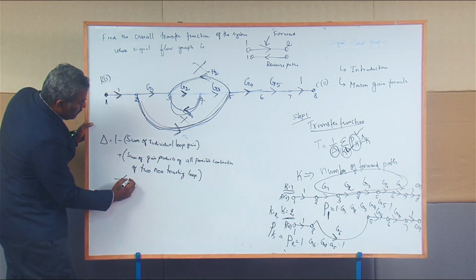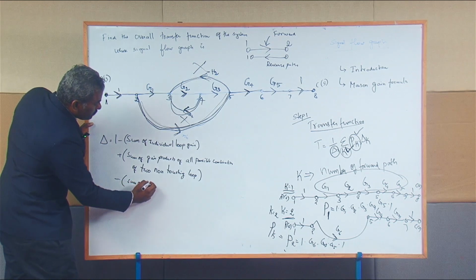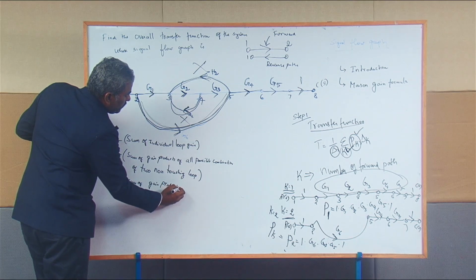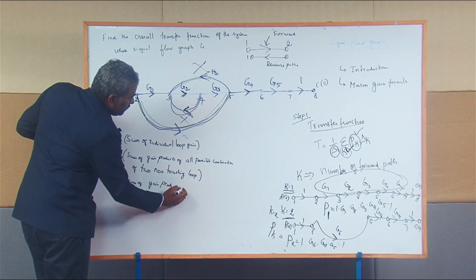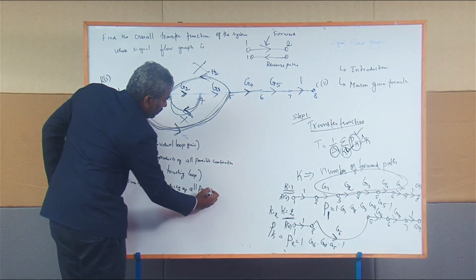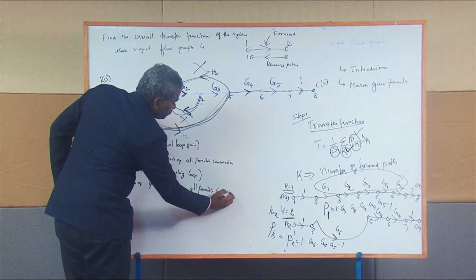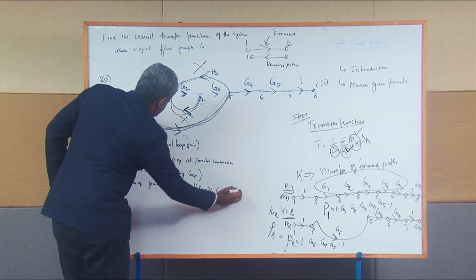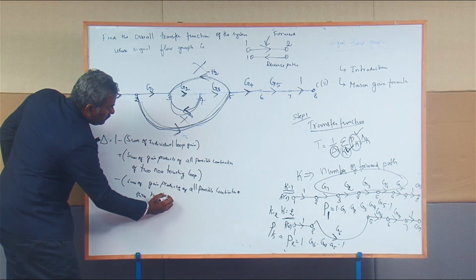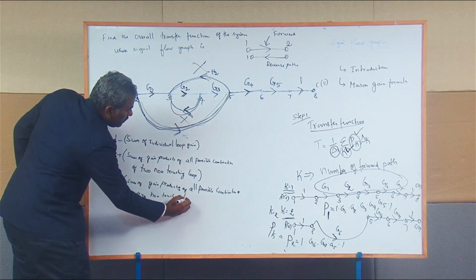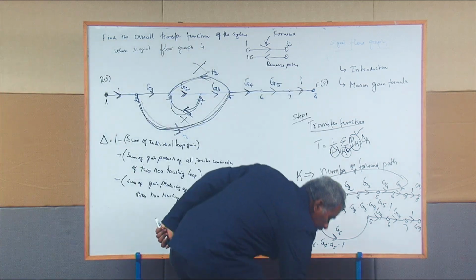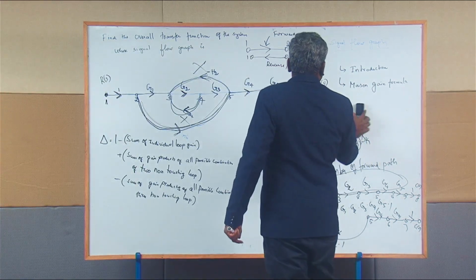Next, minus the sum of gain products of all possible combinations of three non-touching loops. So based on this expansion, we can find out the